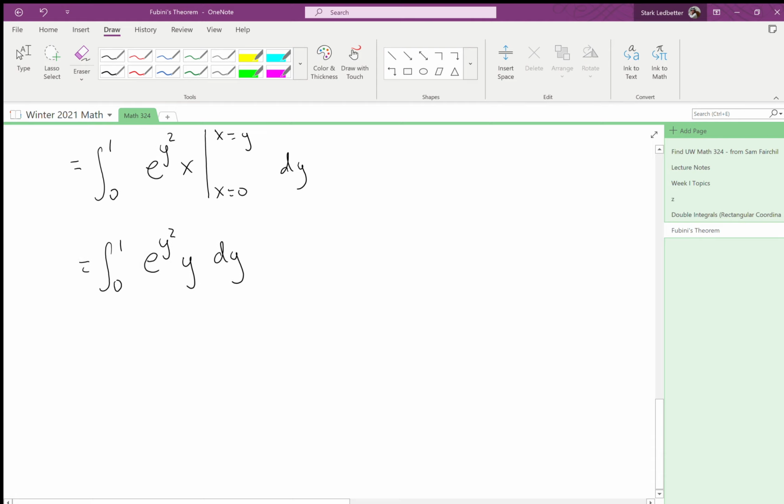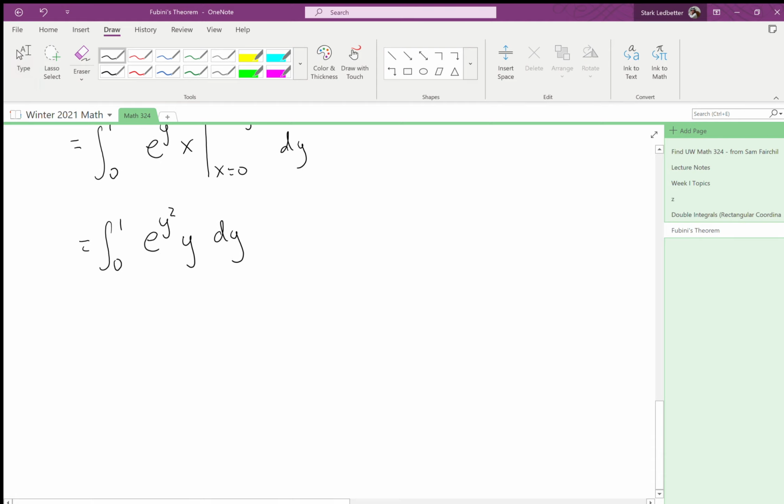It won't always happen, but it certainly has happened so far. And then magically, we can now do a u substitution, because thankfully, this y showed up. du is 2y dy. So y dy is 1/2 du. I have a y dy, I can replace it with 1/2 du. So integral from,